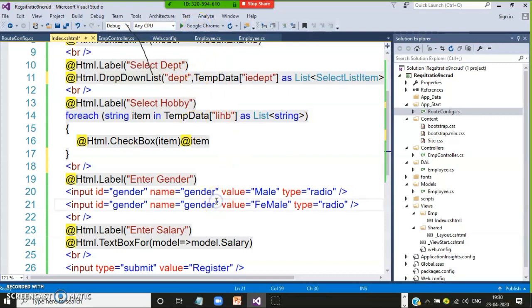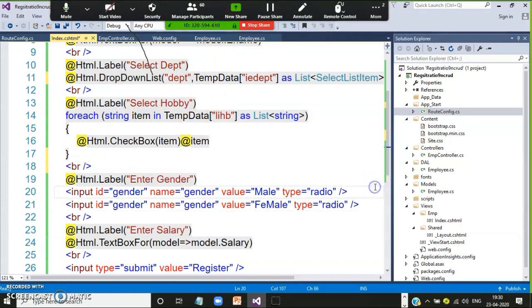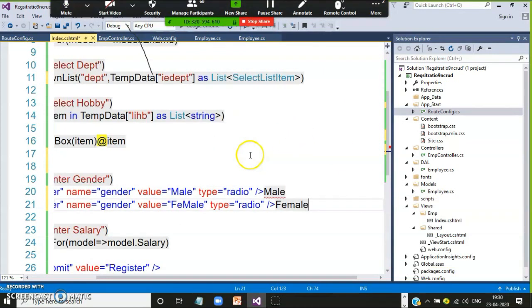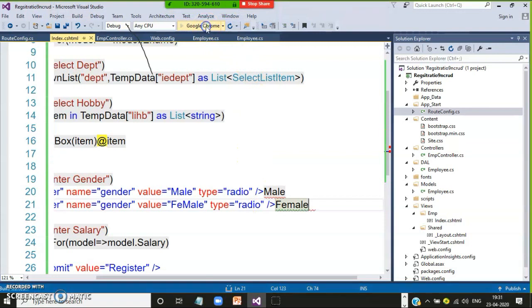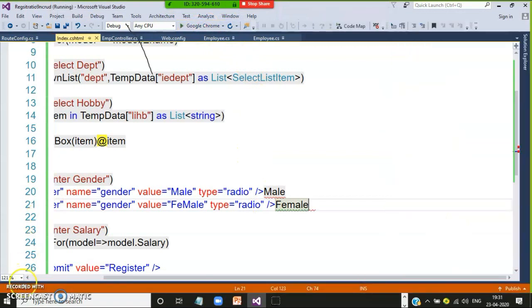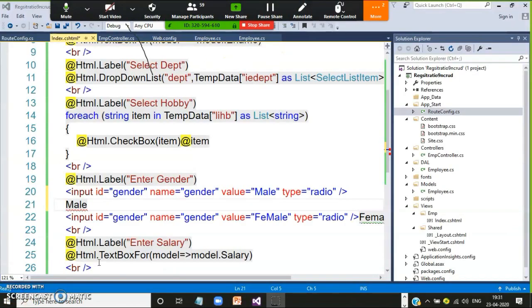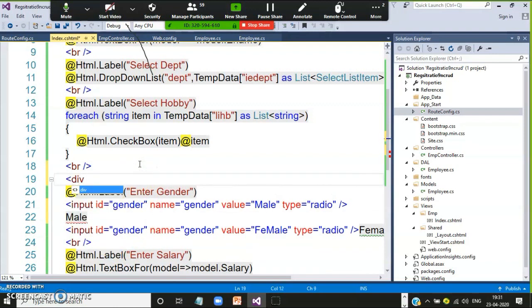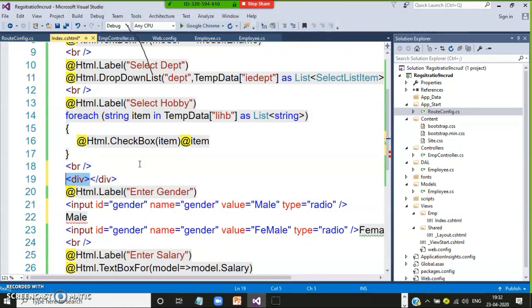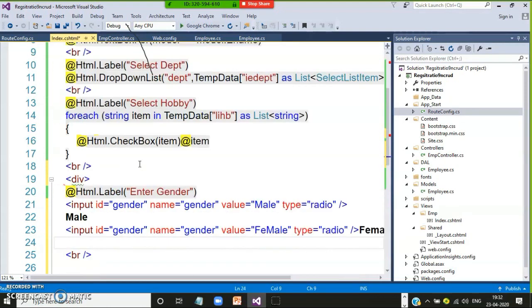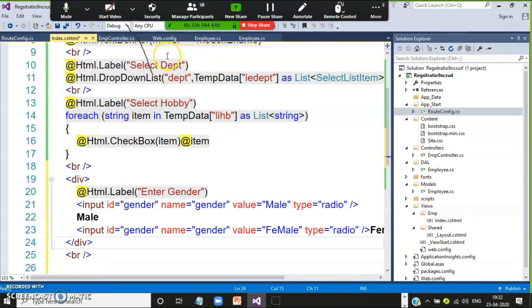Okay, and here some gender. Here outside this radio button I'll give some text male, and here also I'll try to give some text female. Okay, I think it will work. Press F5, check the output once. We have to keep the radio button inside the div tag actually. Within this BR, you can group this radio button. Always keep the radio button inside the div tag, then you will not get any problem. Then your male female will work. Okay, now press F5 and check the output.